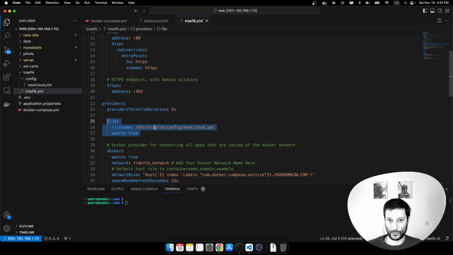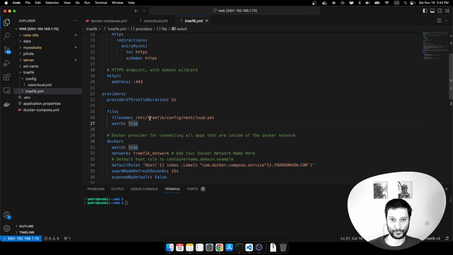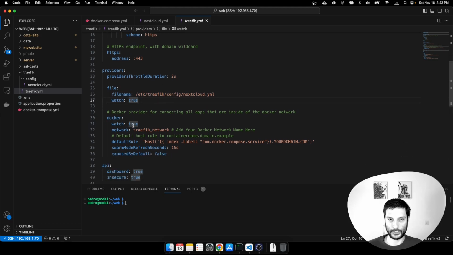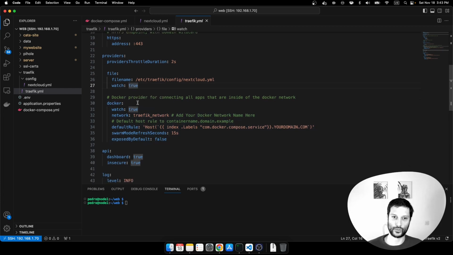important thing, which is you are basically saying to Traefik, okay Traefik, please load whatever configuration you have at this path, which is this Nextcloud. And watch through: if you change Nextcloud, then it will just pick it up and update. Then we have Docker, and this is also nice because we need to say that Docker is watching. So basically it watches all your services that you spin up on Docker Compose, and after that it tries to be smart, even though here we are not specifically using it, but it also adds a network, which is the network that we